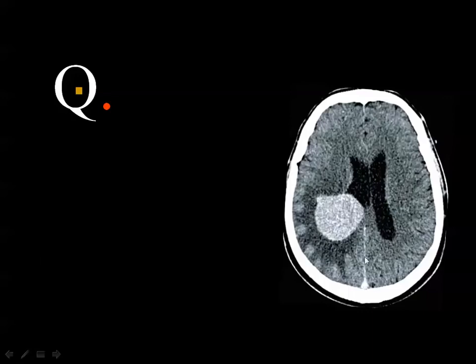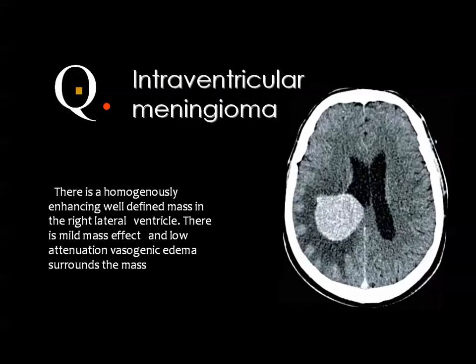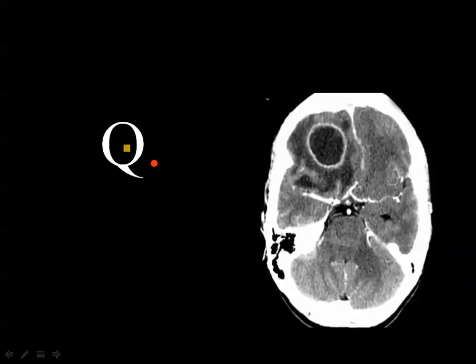This is CSF going in the opposite direction, what is known as transependymal retrograde CSF flow, which is one of the well-known facts considering intraventricular meningioma. If it is small, it will not be surrounded by this hypodensity. Then the exam is